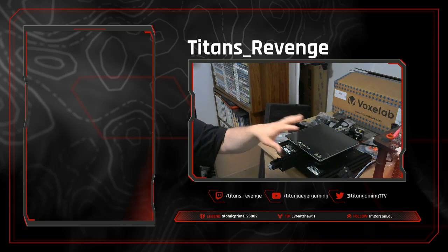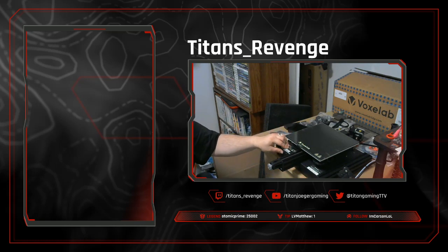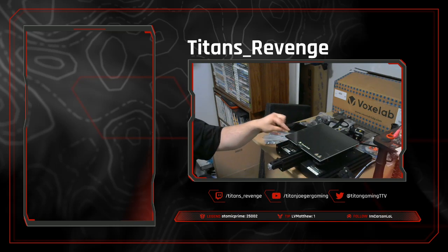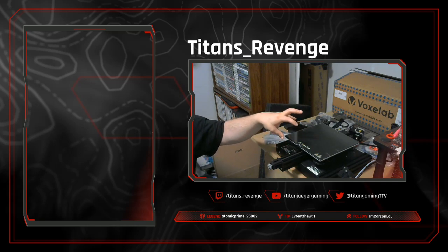We're unboxed, we're all laid out, you've seen everything that comes with it. If this looks intimidating to you, don't let it stop you from ordering one of these machines. If you've ever wanted to get into 3D printing, order this machine. The company themselves, Voxelab, which again is a subsidiary of FlashForge, which is a really big company, have a lot of YouTube videos that walk you